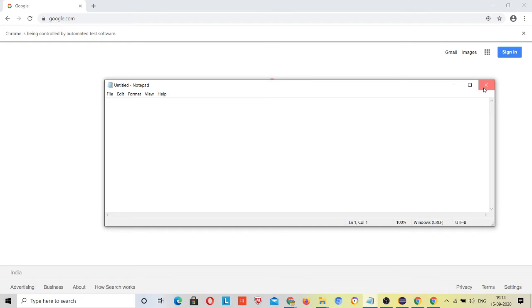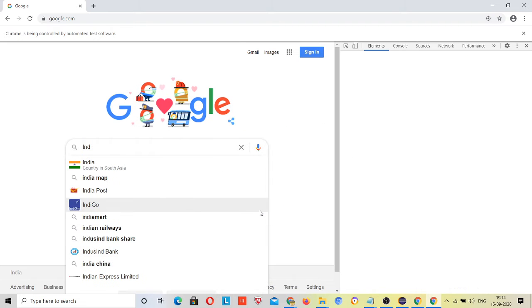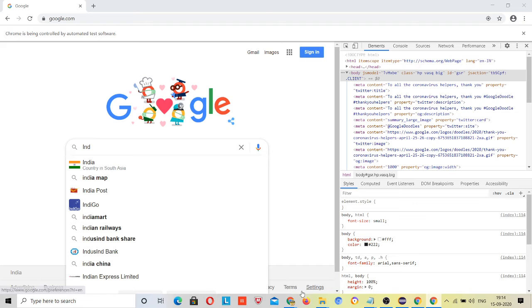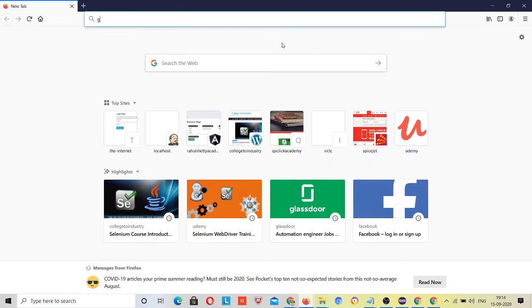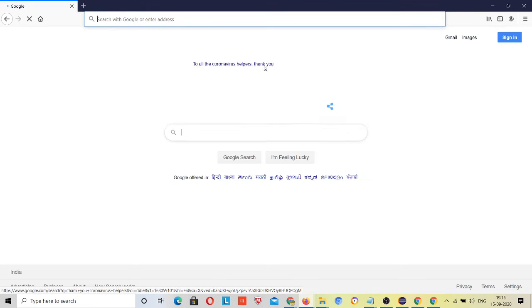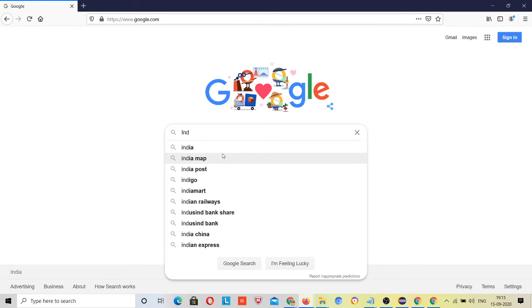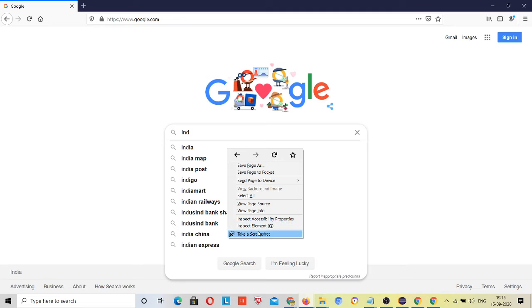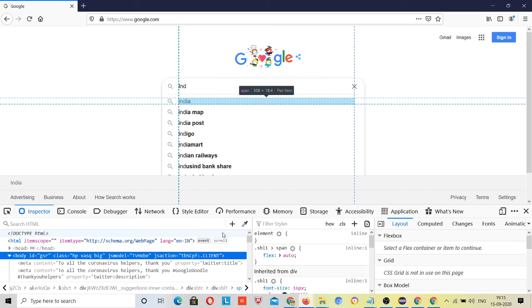Now you need to find common attributes: right click, inspect, and try to find. I will do it with this Firefox, this is much easier. Google.com. This will be learning for you today. Google.com, type IND. Right click over the first result, inspect and see.